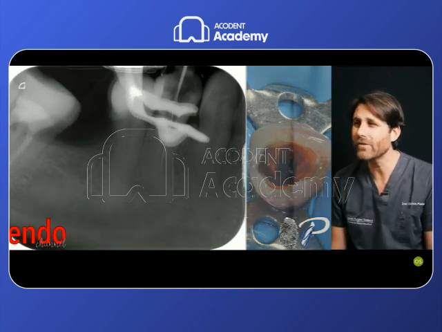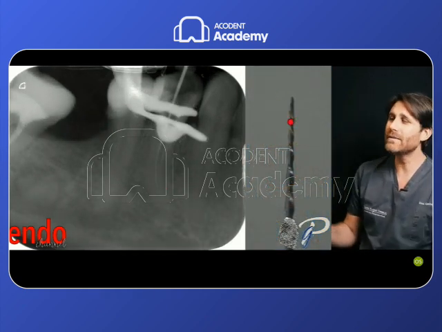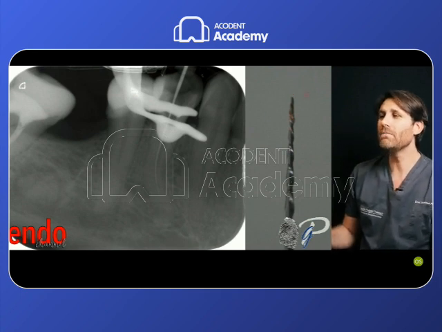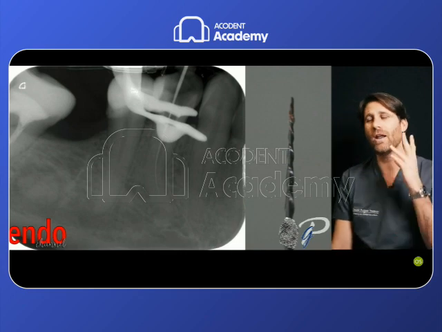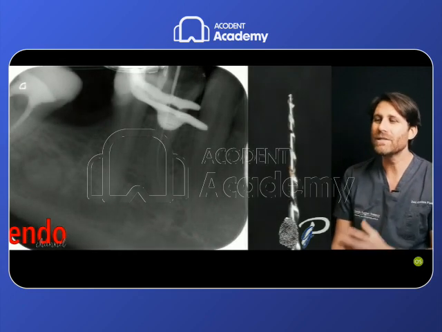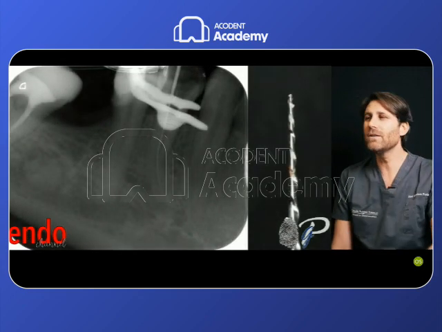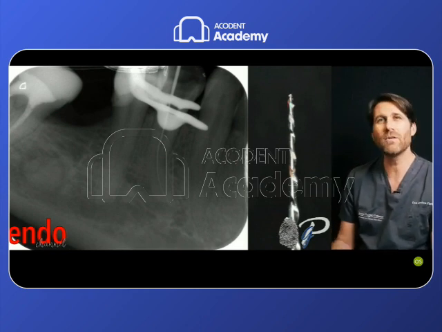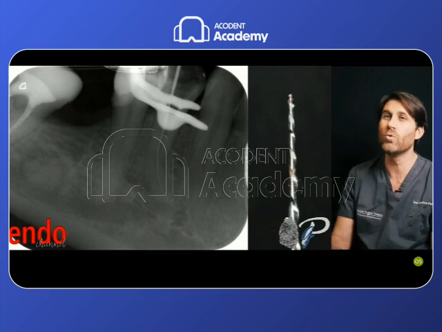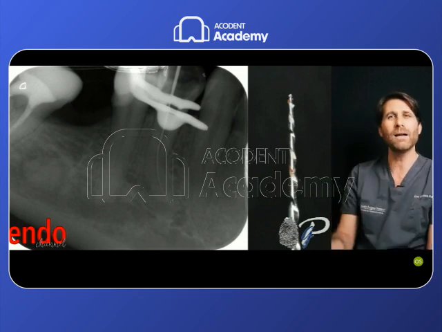So in this case, we can work with this technique by working with the tip of this reciprocating file with a 1 second pushing action and go away. And proceeding slowly, very slowly, perhaps we cut 0.2, 0.3 millimeters, maximum 0.5 millimeters each time that we do only one stroke apically and go back.